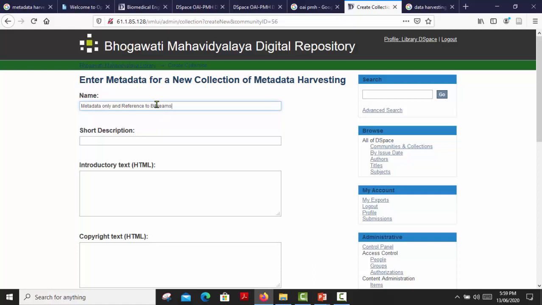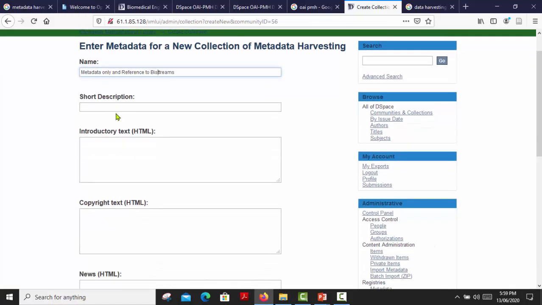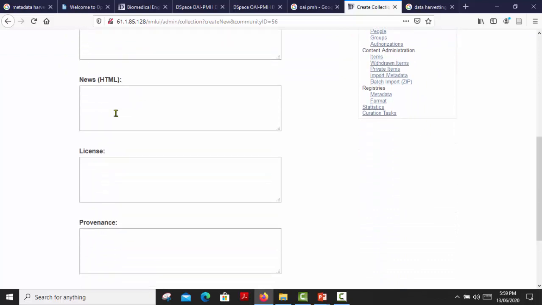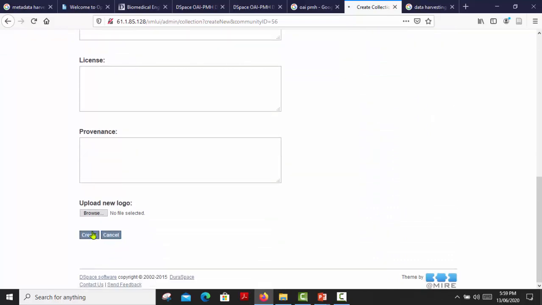Okay, this is my second collection. Here I am going to harvest the metadata with reference to bitstream. How to do it? Again I am creating this collection.